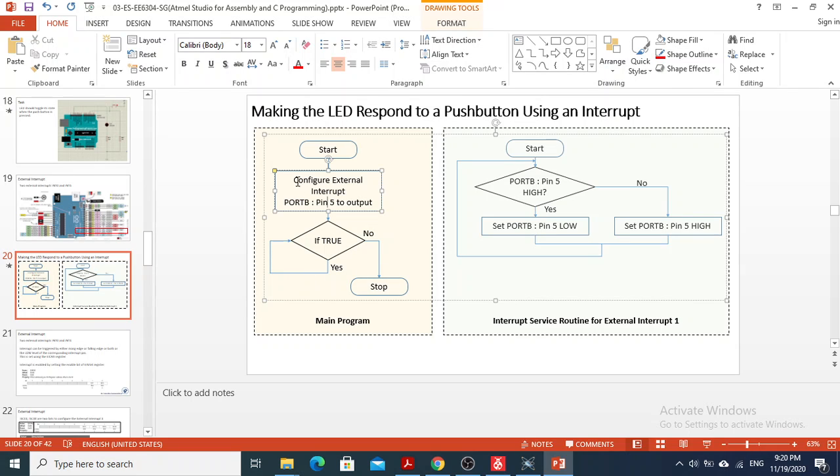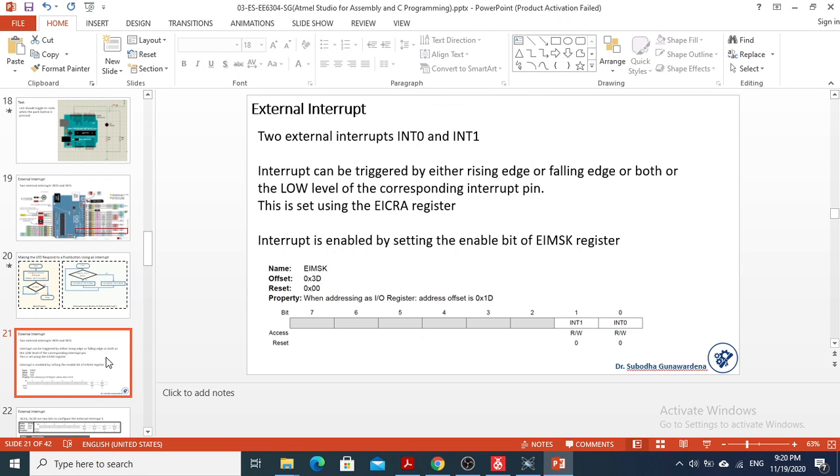In order to configure this external interrupt, we need to know a couple of things. One is how to enable this external interrupt. Enabling the external interrupt is done using this EIMSK, external interrupt mask register. Since we are using external interrupt 1, this particular INT1 bit should be set to 1 in the